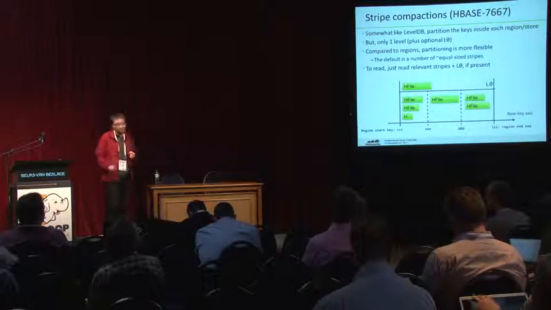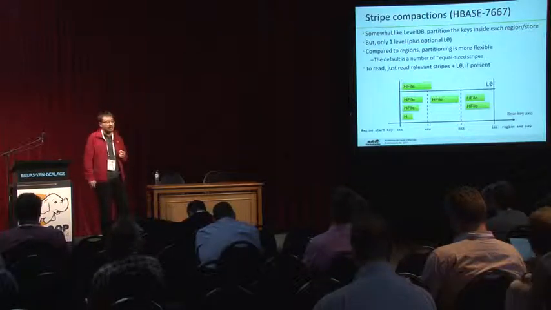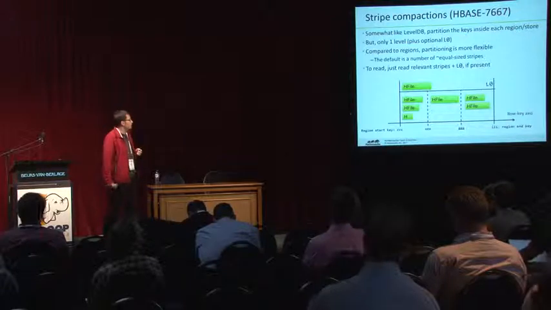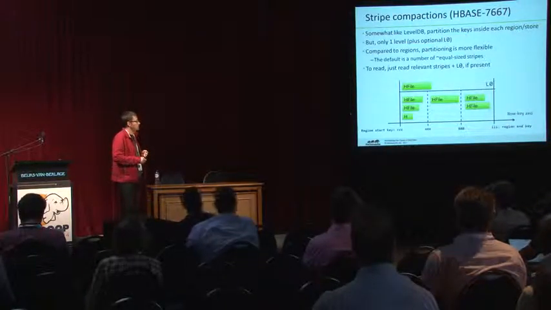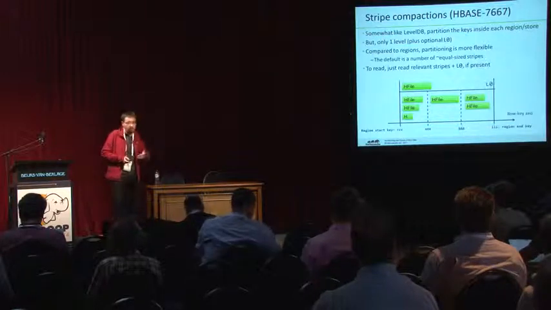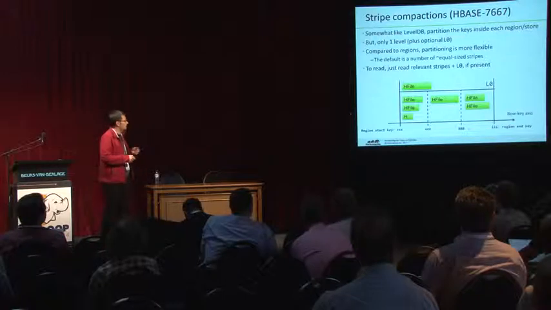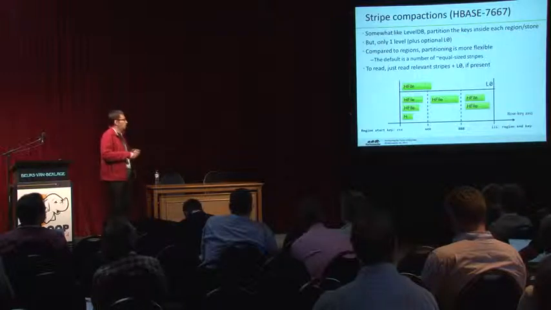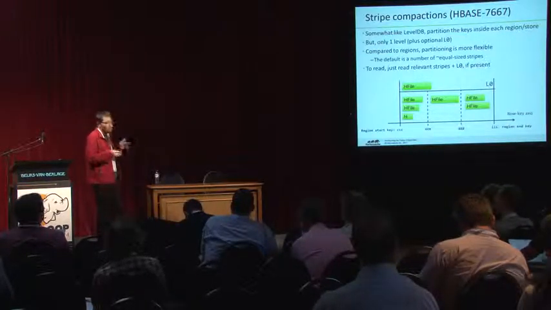So the second compaction policy is a new one, which came in '98. This is called the stripe compaction policy. Okay. And this is inspired by LevelDB's compaction. I don't know whether you guys are familiar with it or not, but we cannot spend the time to talk about LevelDB. But the inspiration comes from the fact that basically we can have more than one range